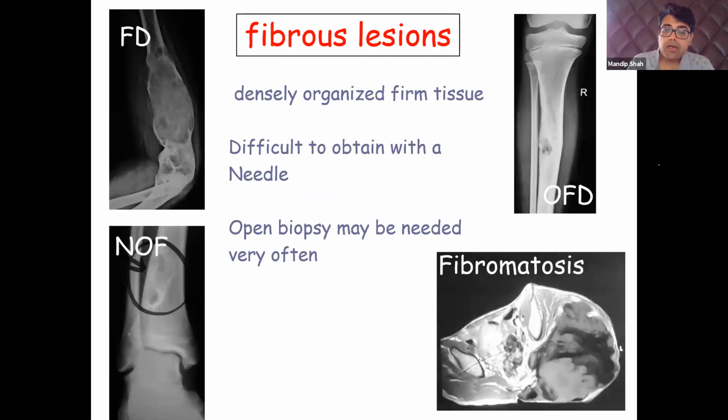Fibrous lesions are also very difficult to get a yield from. You see there is a big lesion, you are inside the lesion, but your needle is not able to take out the core because the tissue itself is fibrous. It's like a rubbery tissue, and that is where you don't get it inside your needle. That is where you have to have a very good quality needle, and you have to use the core needle aspiration biopsy technique, where you do vigorous to-and-fro movements and try to dislodge some fibrous tissue and then suck it out.